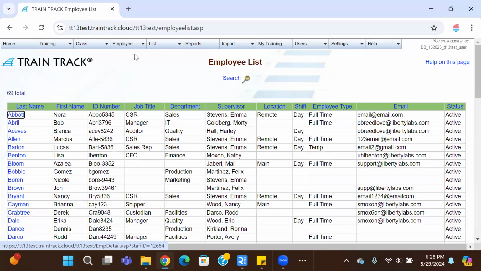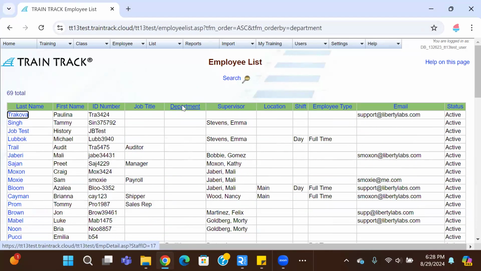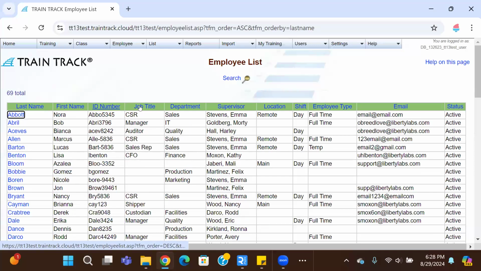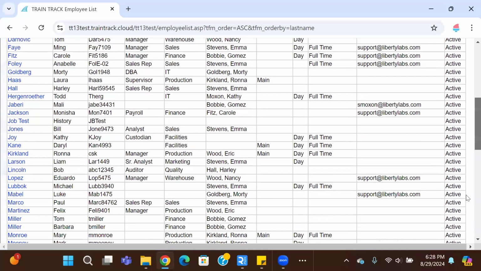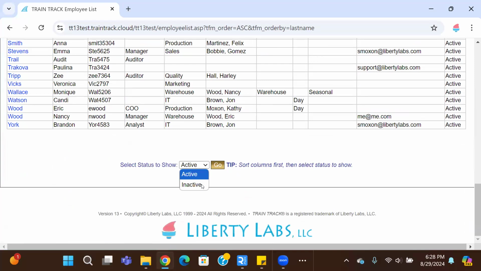The employee list will have all of your active employees listed alphabetically by default, but you can sort by any column by simply clicking on the column header once to sort one way, and another time to sort the opposite direction. If you need to see your inactive employees, you can scroll to the bottom and select status of inactive,